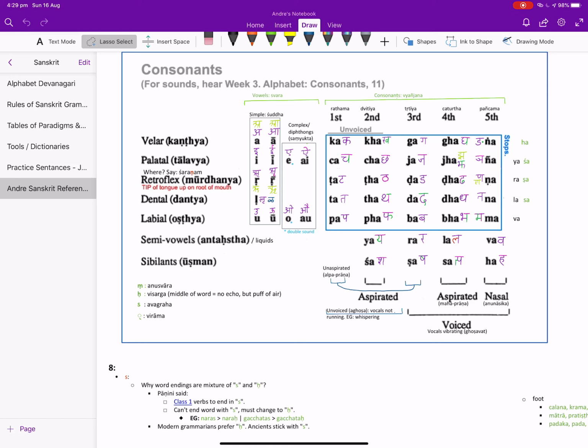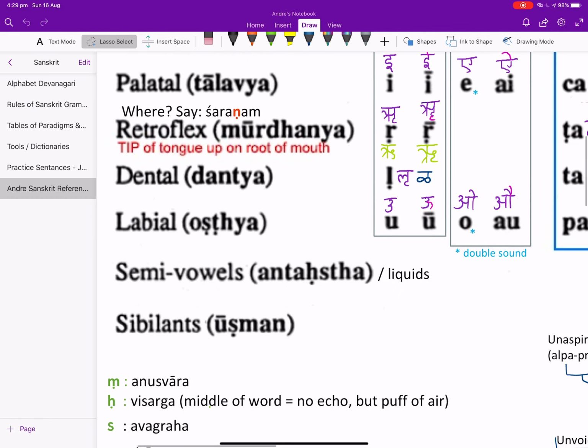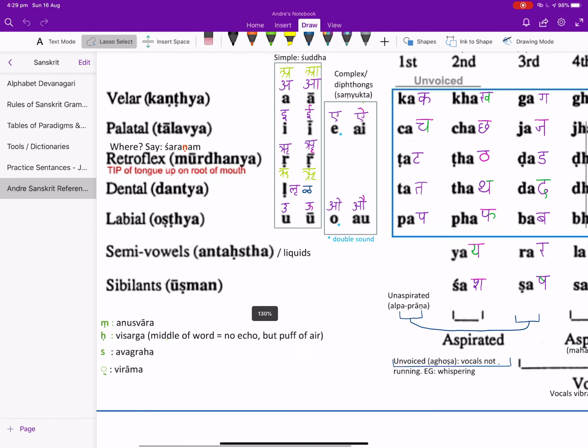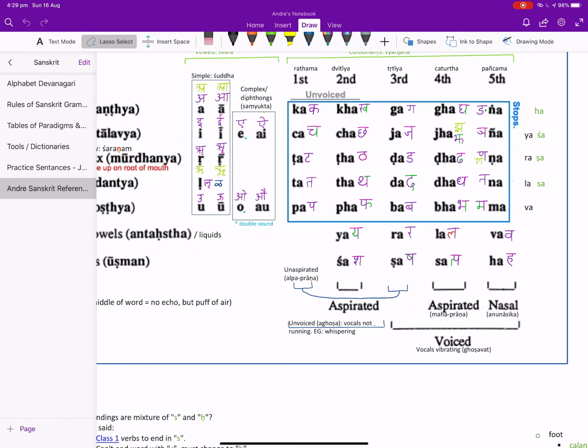How do you know where exactly? Say the word sharanam and pause it at N. That's why I don't want to give the exact percentage of the degrees, but you know by saying sharanam. So when you say sh, now you know where the tip of the tongue is. So there's a difference between sh, shu, and sh. What kind of difference? You practice, and then you'll notice. A subtle one.